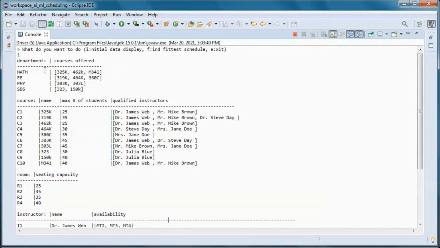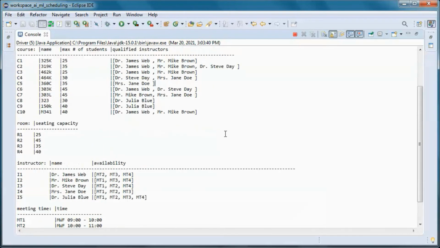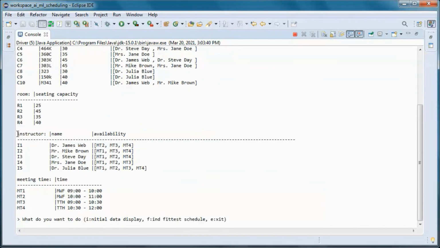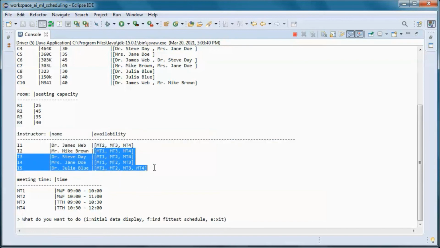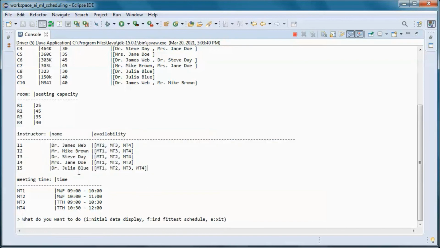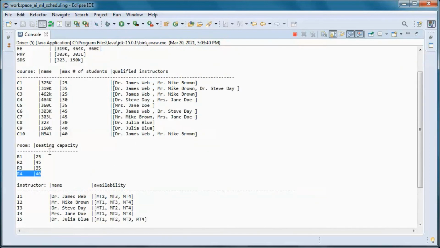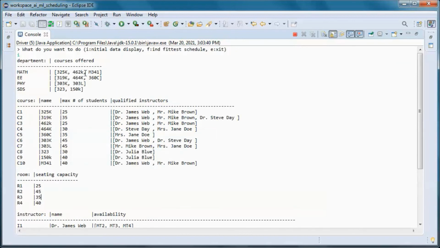So this is the initial data. We added this department with those 2 courses offered, and here we have those instructors with those availabilities for each one, and we added a room. We have 3 courses added.